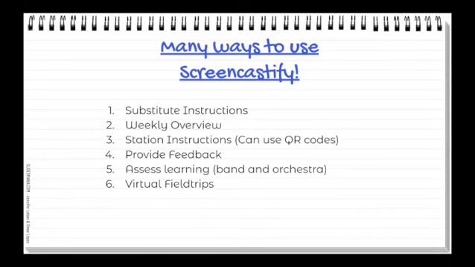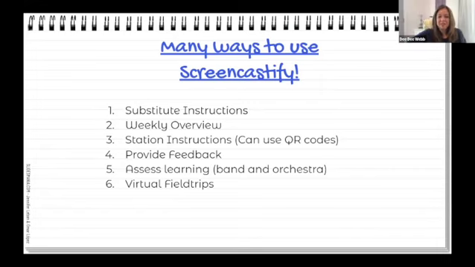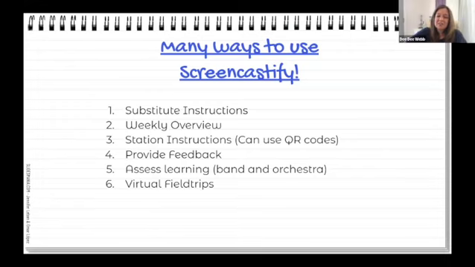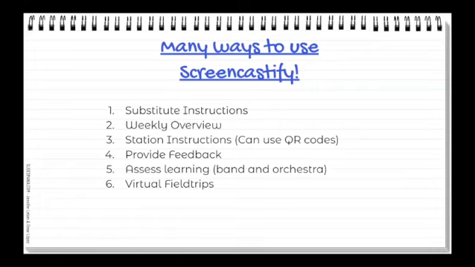Sure, they're starting to roll in. We have some comments about using it for sub days, introducing yourself to your students before they come into the building. Oh, that's a great one. I love it. We have some people thinking about doing a library orientation for their freshmen using Screencastify. Awesome. An overview of all the different sign-ins. We all have 6 million sign-ins.